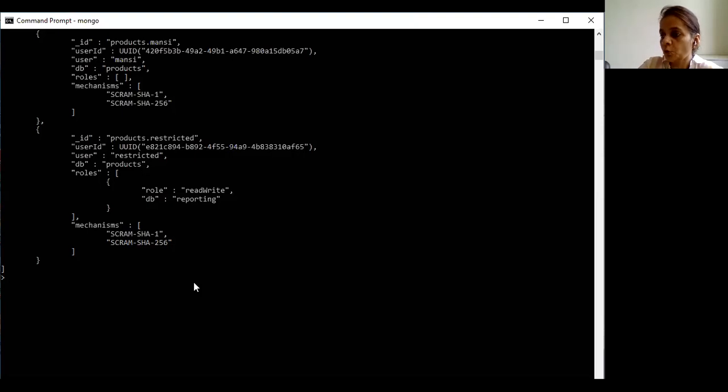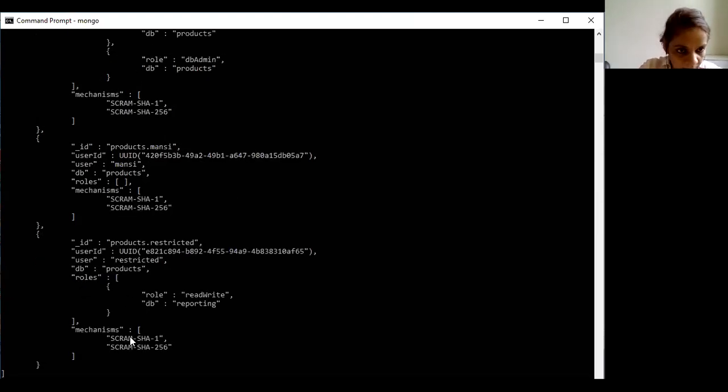Now suppose we want to drop any of the users. Let us drop the user KK. So simply we write the command db.dropUser. Now specify the username KK. Press enter. It has returned true. It means this user has been deleted. Now check whether this user has been deleted or not. So which was the command? The command was db.getUsers. Press enter.